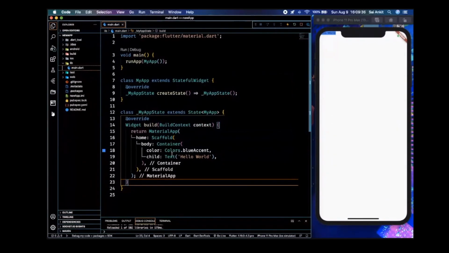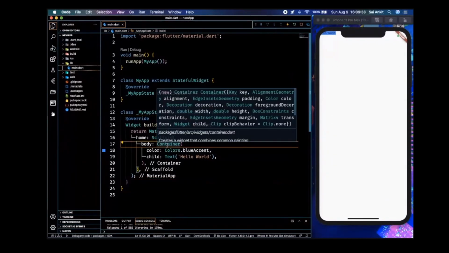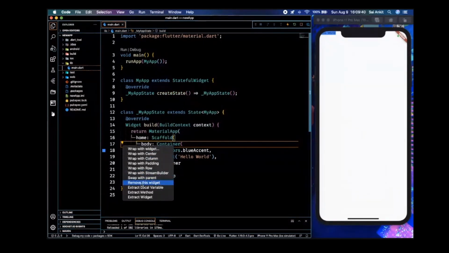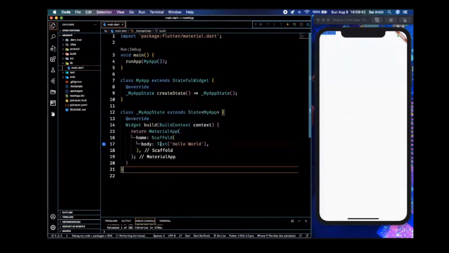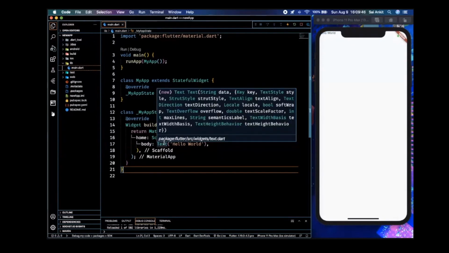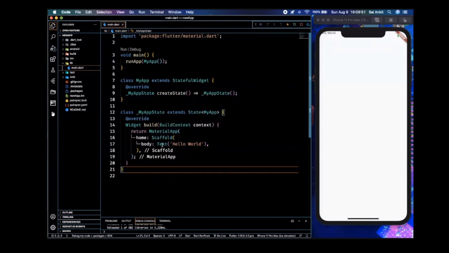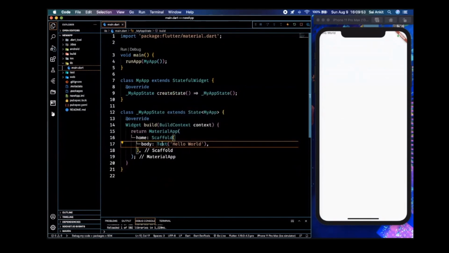Fine. So let us assume I'll remove the stuff. So let's just say there's only this text widget here. Okay, and there's no container widget for this text. Let's just say I want to enclose this text in a container. What do I do? So I just hover and press on this text widget, anywhere on this text widget, and there appears this button on your VS Code.